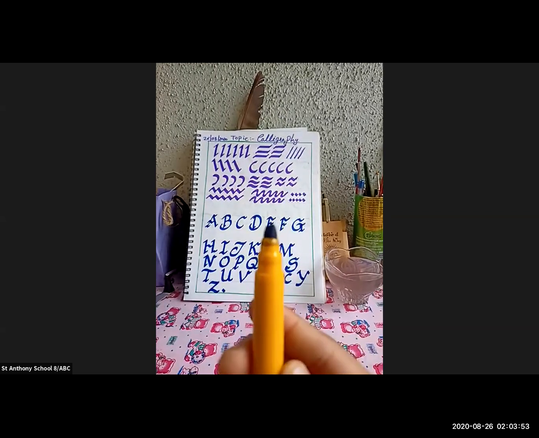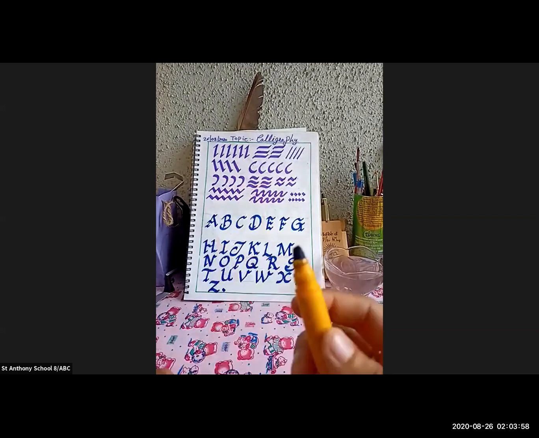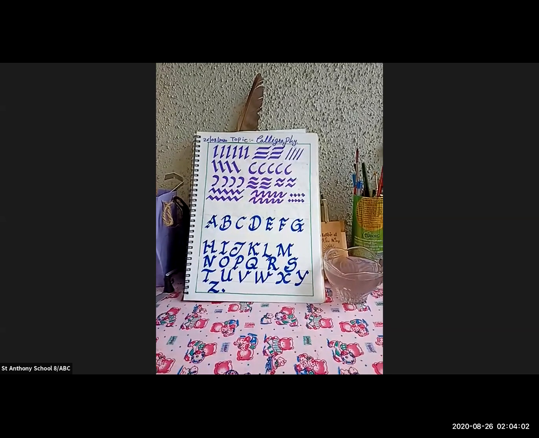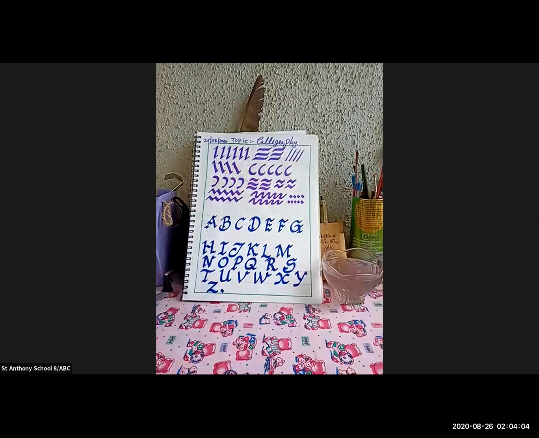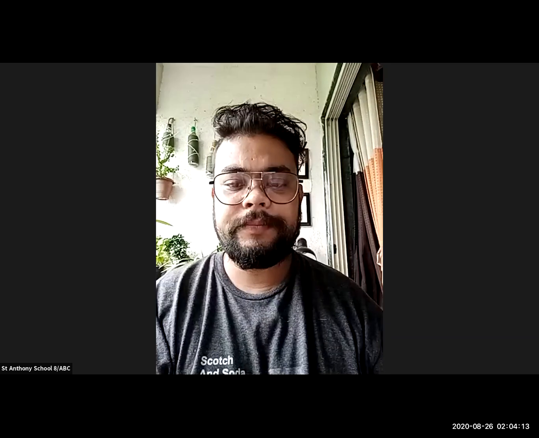They already have a curve. Okay, they already have a curve line. Okay, so this is very important. They have a slant cut, so you can do the calligraphy with that, so that your font comes thick in size. So this was the calligraphy topic in your class. Any of the students have done calligraphy?